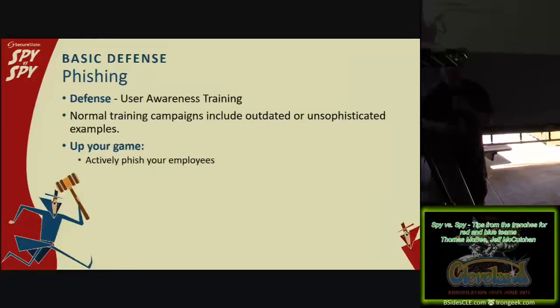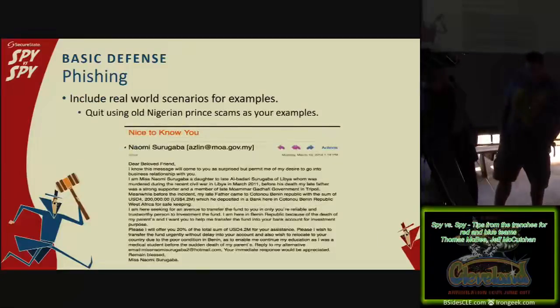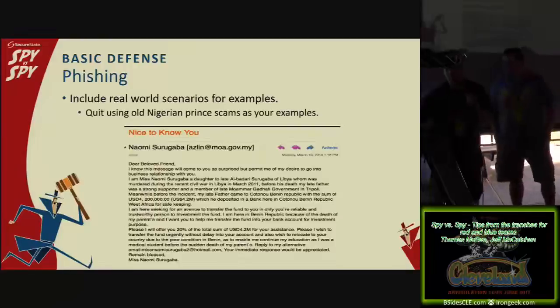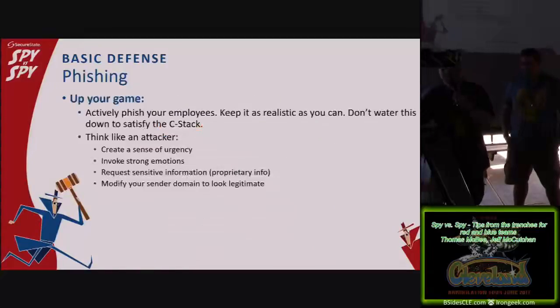Actively attempt to phish your employees with real-world current scenarios. Again, here is a nice example of a scam that we've all seen and used before in our user awareness trainings that does not really provide any kind of effectiveness for our users. Also, up your game. Actively phish again. Don't water this down for your C-suite. Don't water this down for anybody. You know, is an attacker